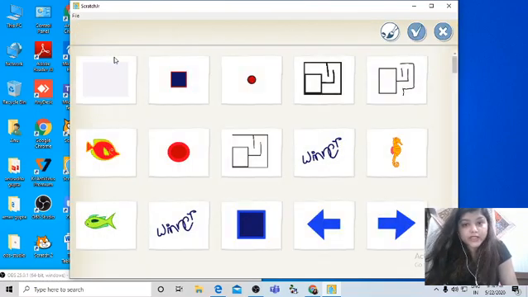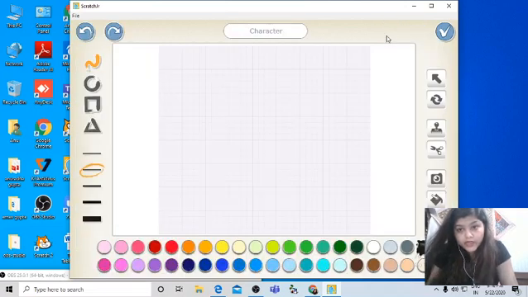Now I want to create my maze. Because I have already created that game, I have a few characters there, or you can paint your maze, because you are creating it for the first time, so you need to paint it.